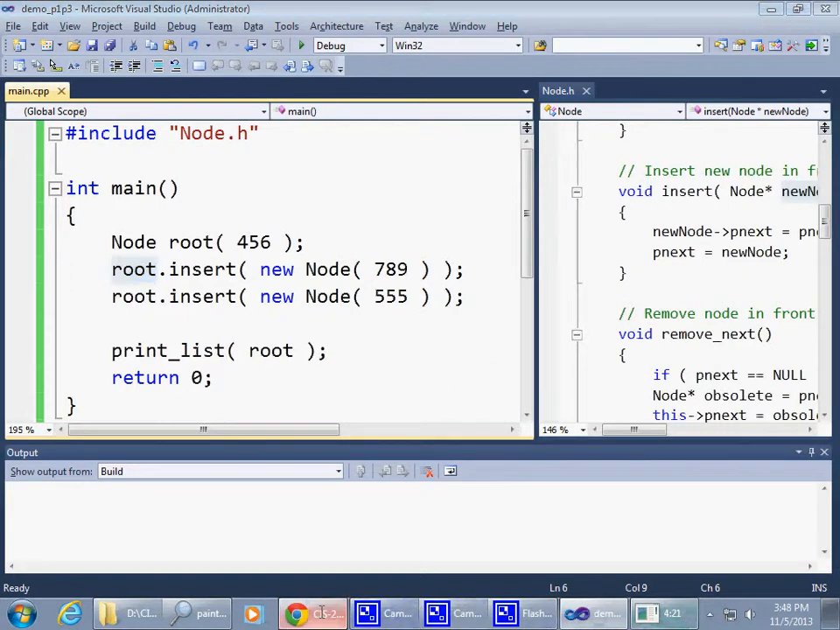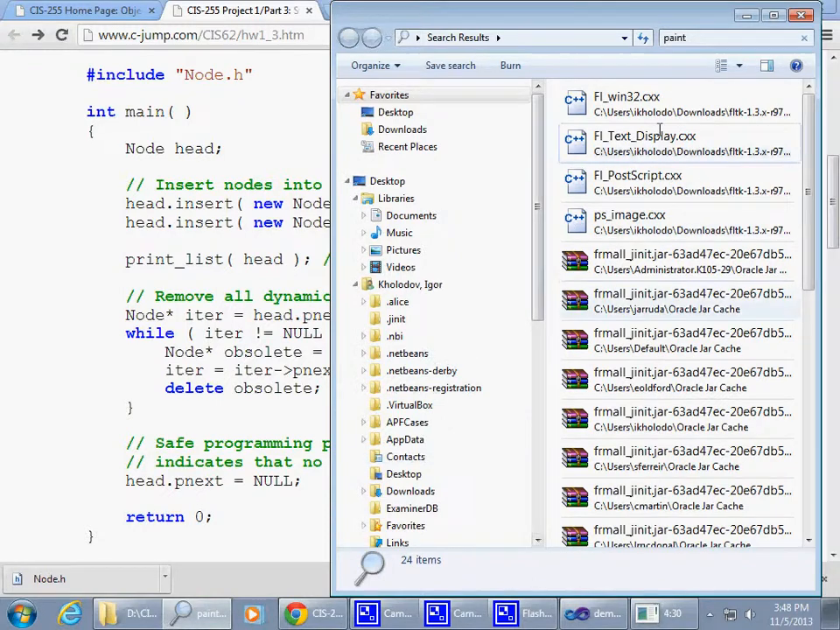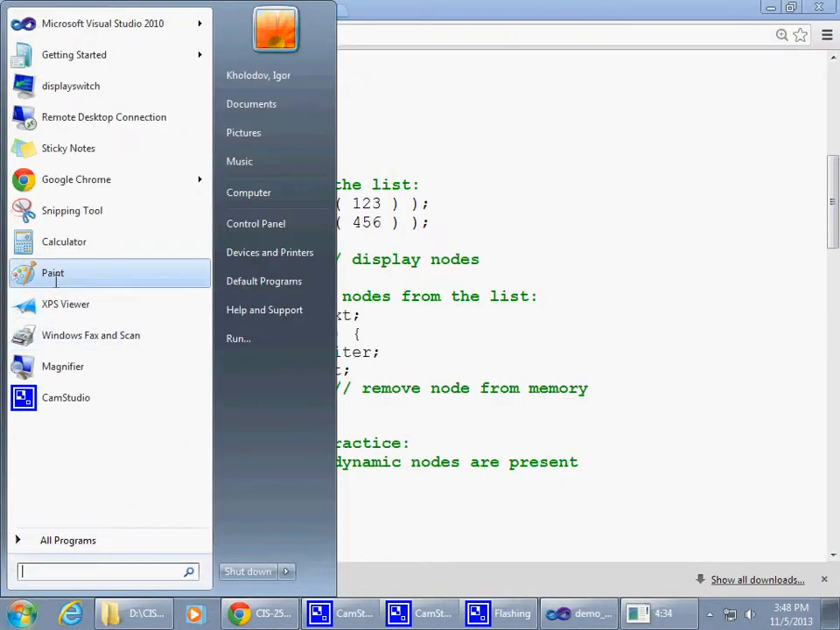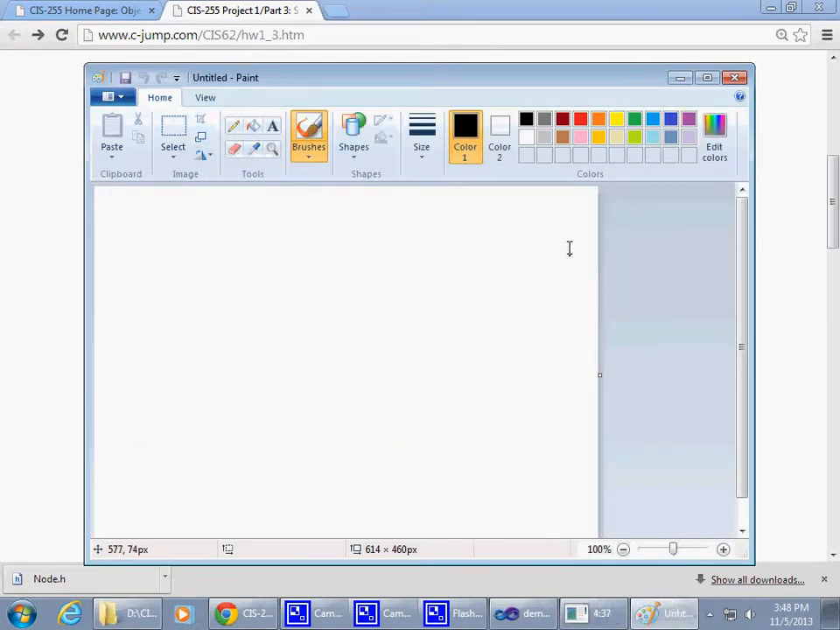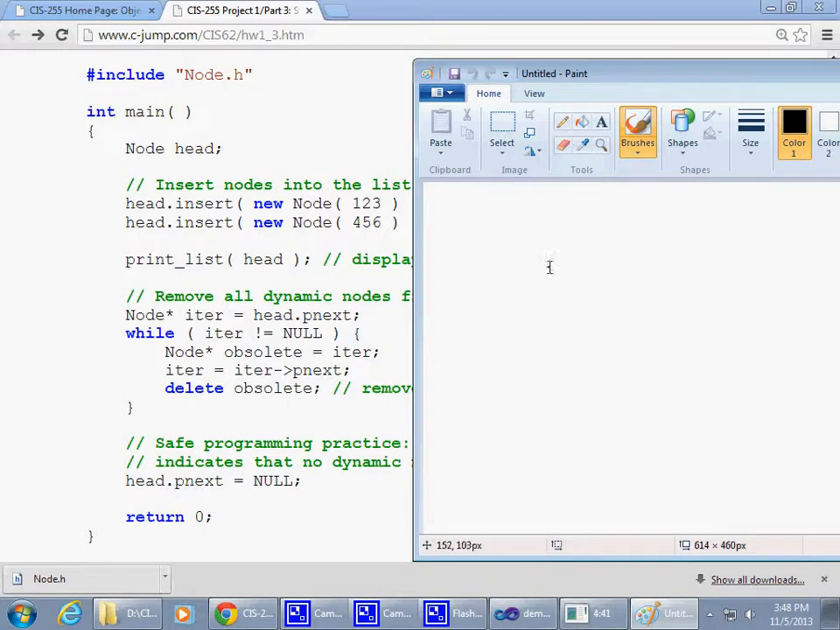Now back to the sample. It says remove dynamic nodes. But again, let's illustrate what's happening here. Oh, I don't know what this is. Let me just go straight to Paint. Okay. So here's the situation. First of all, we have our main, right? We have our main